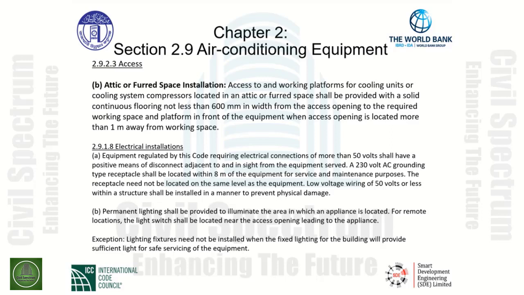This gives a requirement that we have to have a solid floor in an attic space